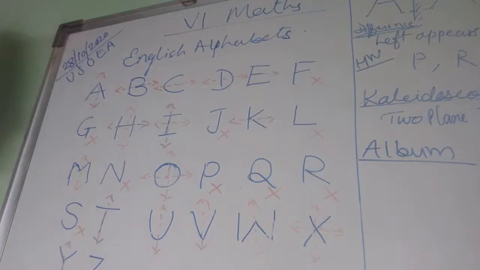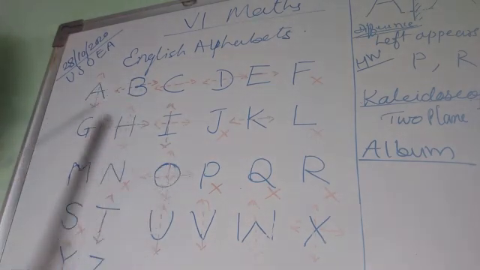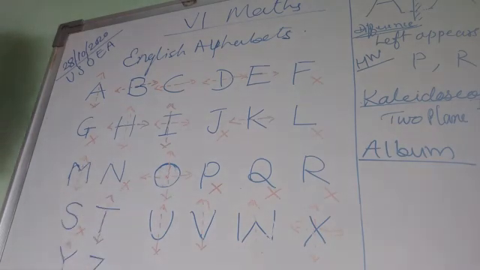Dear student, today we have solved the remaining questions of exercise 13.2. In 7th question, it is asked to write down the English alphabet which will have the horizontal line of symmetry, vertical line of symmetry and no line of symmetry. So for that, we have written first all the English alphabets from A to Z and we have drawn the line of symmetry for them.